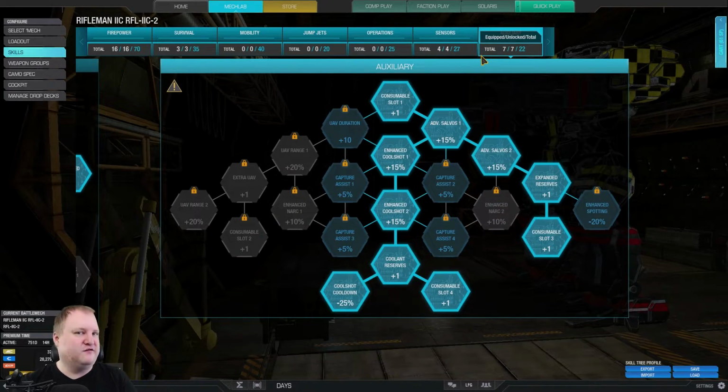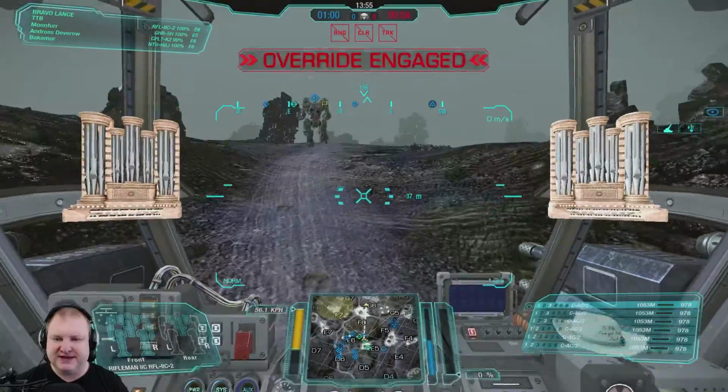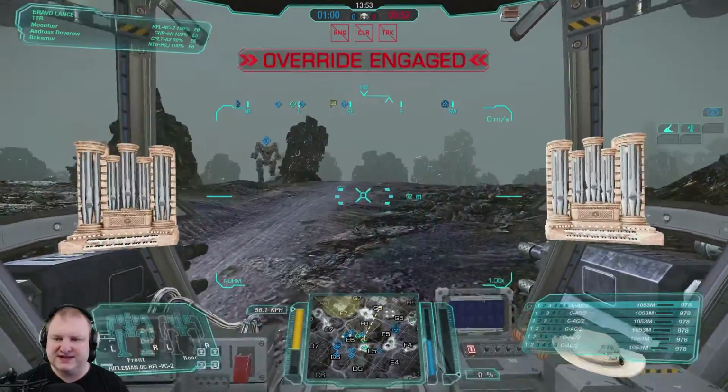Let's go ahead and see if my plan of doing a long-range suppression mech will work out. If we will have the tiny mobile oppression palace. Let's take this thing to the dropship and see how it performs. I'll see you there. And here we are, ladies and gentlemen, on the Grim Plexus, pushing forward towards the enemy,